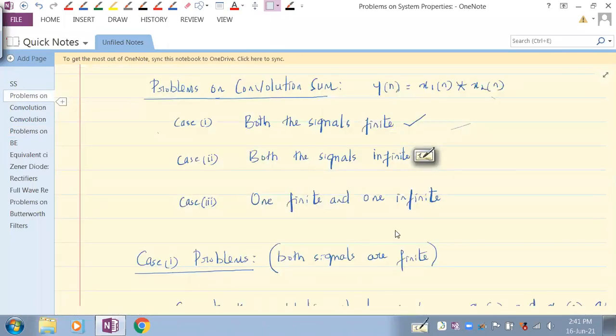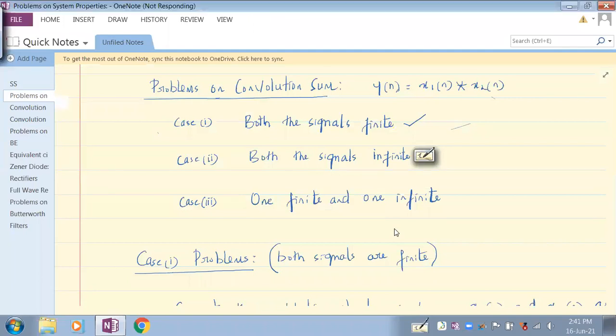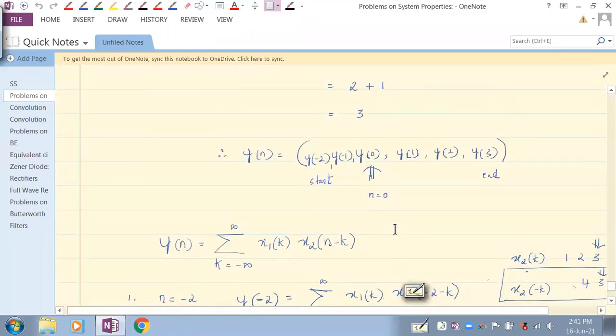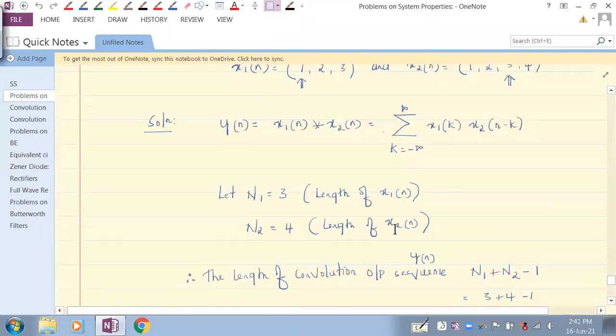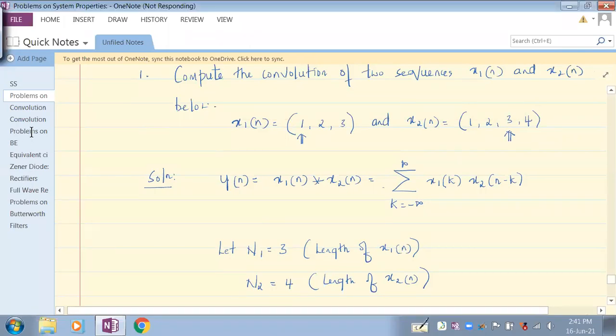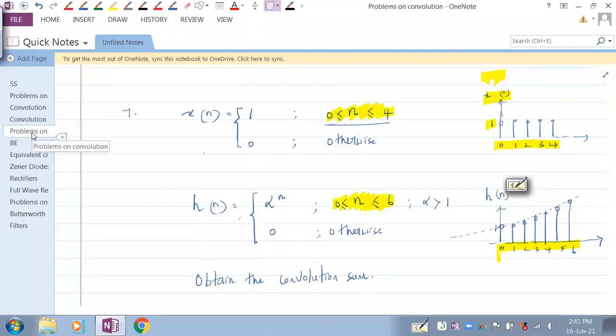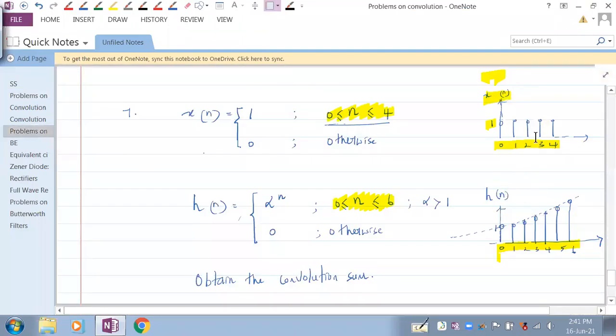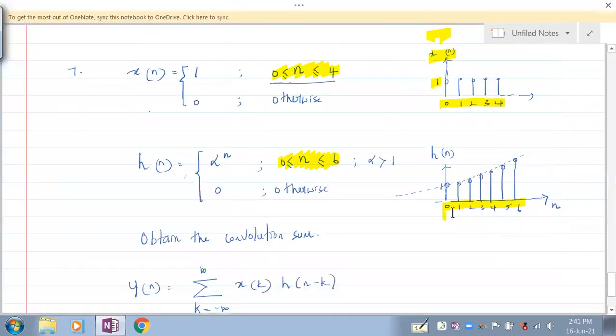See here, when both are finite length sequences, what did we do? Remember, where it starts, where it ends, we were doing, right? So this also can be done. In this method also we can solve that. But there'll be too many samples to handle. That's why what we are doing is this. We just sketch them as signals, then we deal with it. Understand? Now let's see how to deal with them.